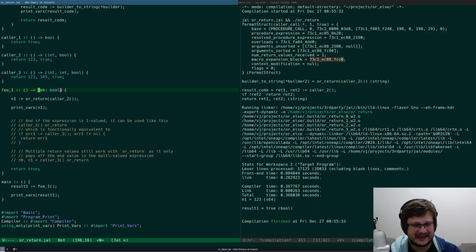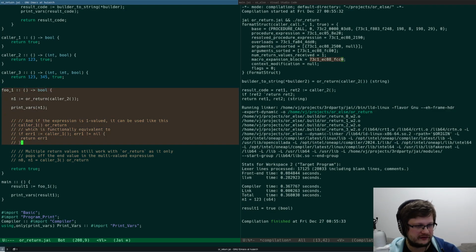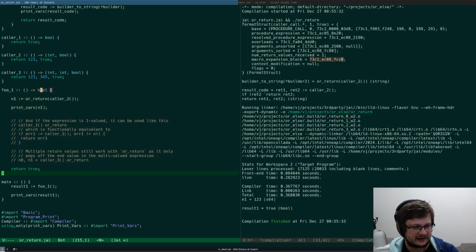right? In this case, we can do magic. We can see, okay, if there's a single return value, if it is a Boolean, return false. We can do that, and it probably makes sense because or_return literally means we want to bubble this up, right? So let's do that. But then we're going to have a second case that has multiple returns, and we'll probably tackle that one later. I don't know for how long I can go. It's like 1 a.m. for me, but for now I'm fine.